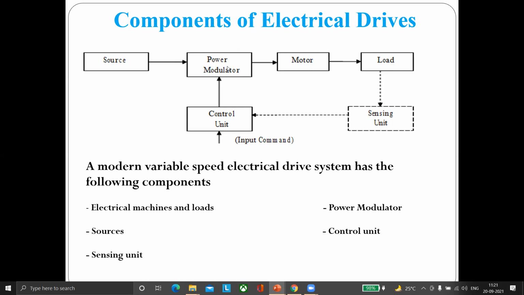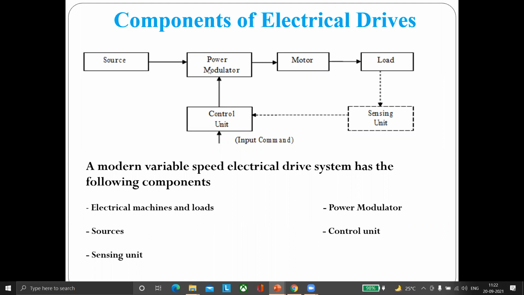Is it right? Yes, sir. Okay. So to operate these switches on and off, whatever power semiconductor devices we are using in this power electronic modulator, to control the power at the output side of the power electronic modulator, the power semiconductor devices should be operated as on and off. Then only the power can be controlled.